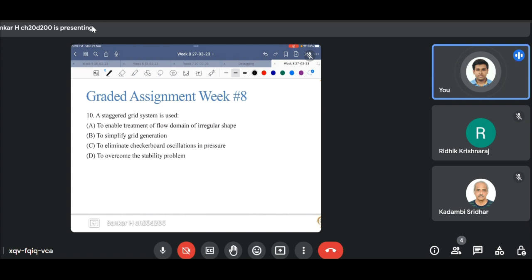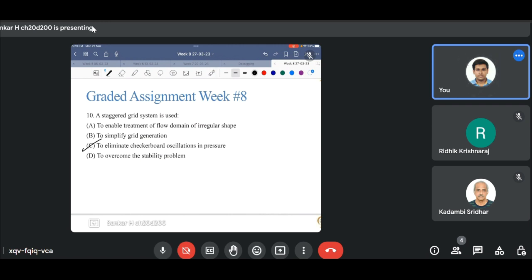Okay, moving on to the last question of the graded assignments for the previous week. A staggered grid system is used to enable treatment of flow domains of irregular shape, to simplify grid generation, to eliminate checkerboard oscillations in pressure, or to overcome the stability problem. C. Yes, the staggered grid system is used to eliminate the checkerboard